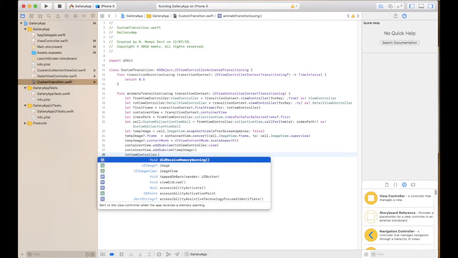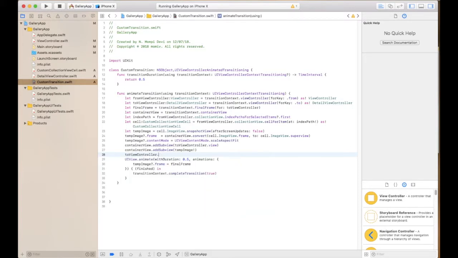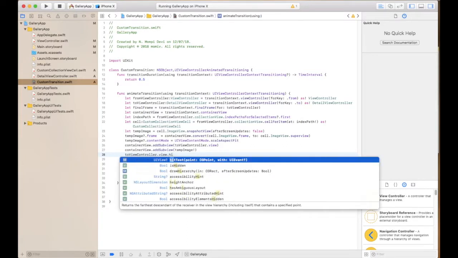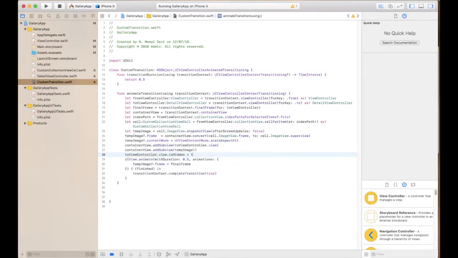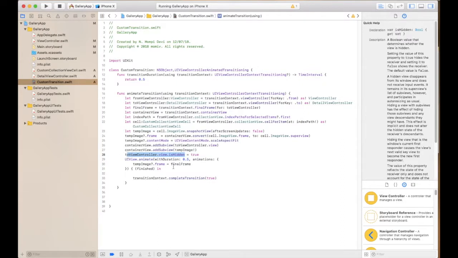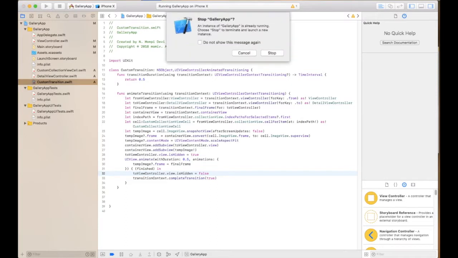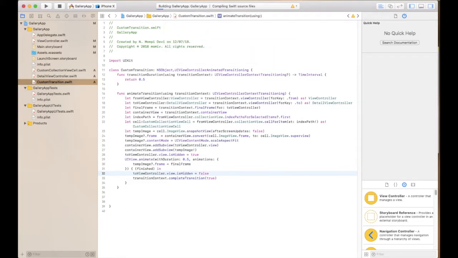So to view controller dot view dot is hidden, yeah, so it's hidden true. Okay, and we are going to add in here after the completion block. Let me just copy this. Let me paste it here and let me put it to false. So now when we run again,